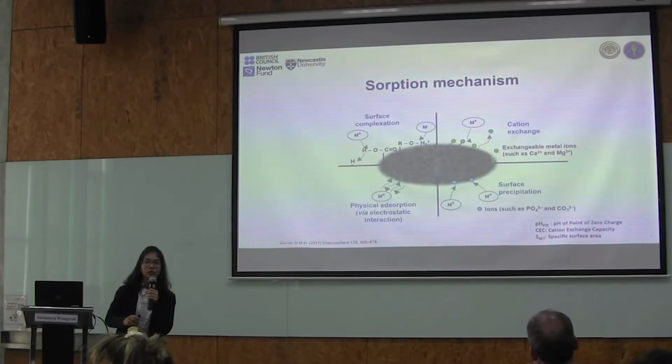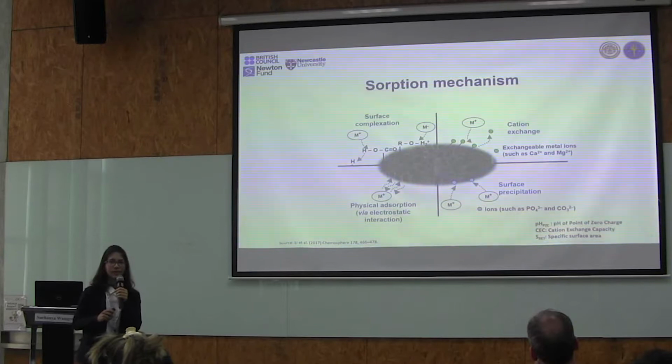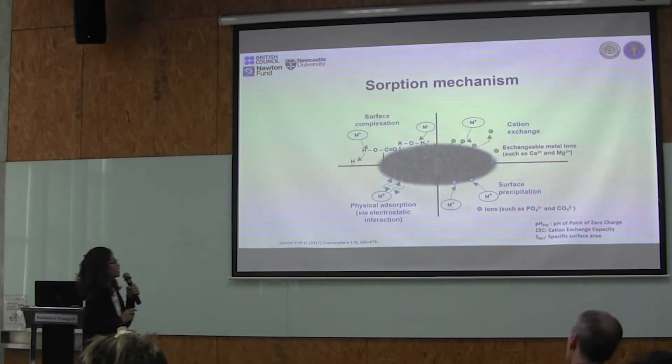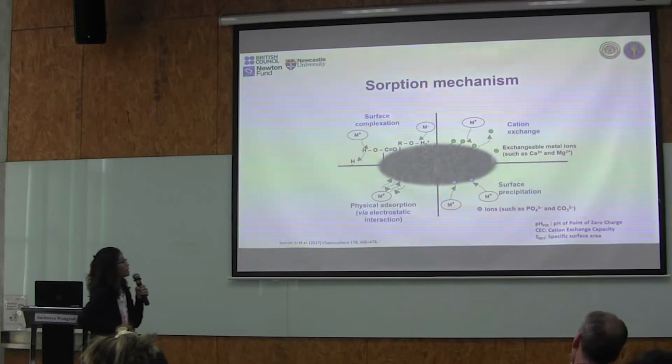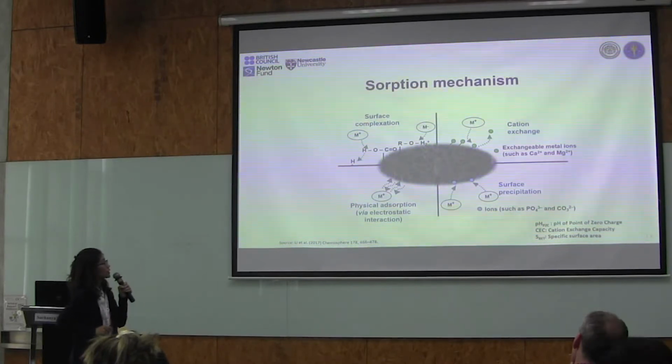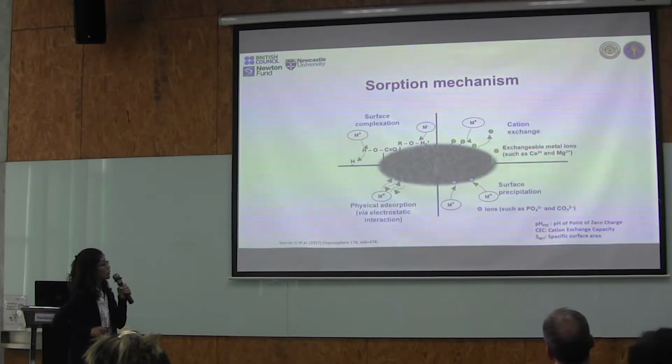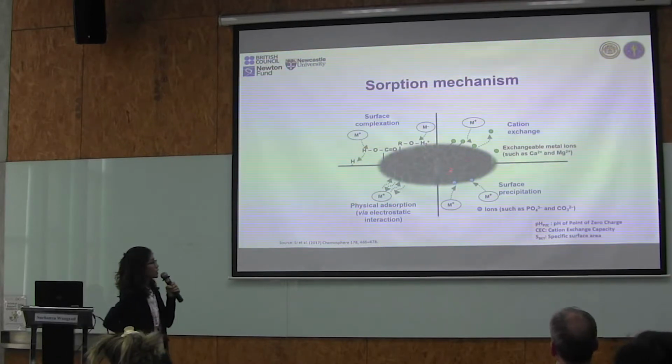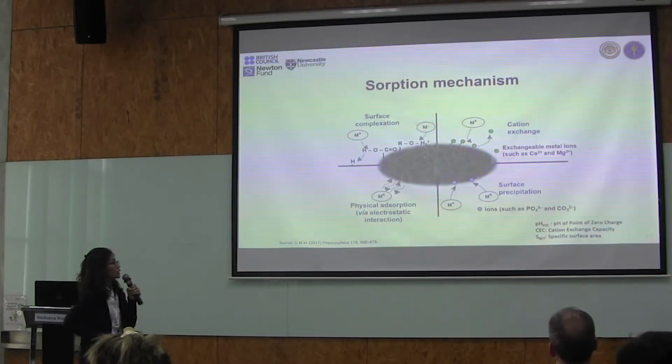So just to give you a detail about the sorption mechanisms that can take place between the biochar and the metal. Basically, there are four main mechanisms that can take place. First, surface complexation, where the metal forms a complex with the functional groups on the biochar. For physical adsorption, it can take place via electrostatic interaction. And for cation exchange, they can